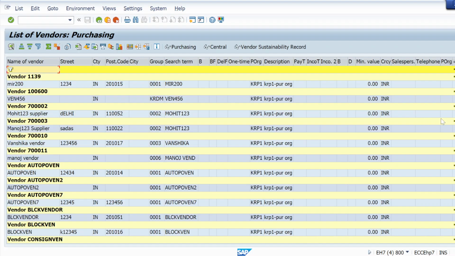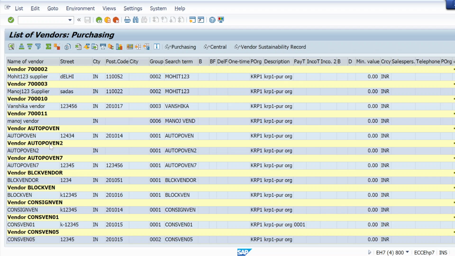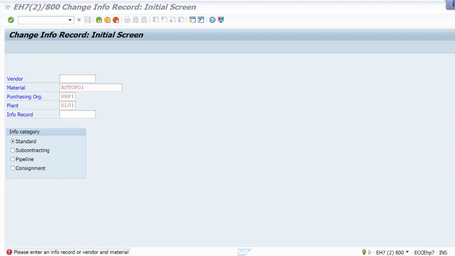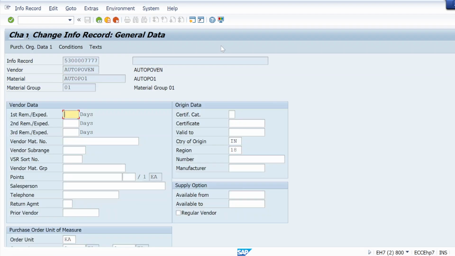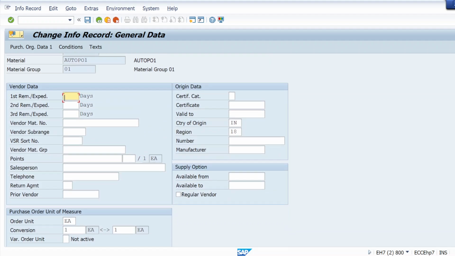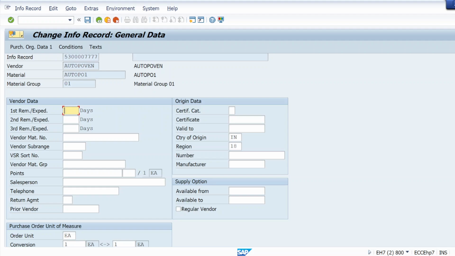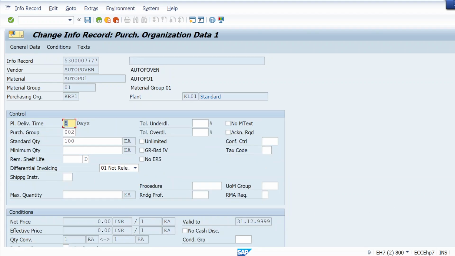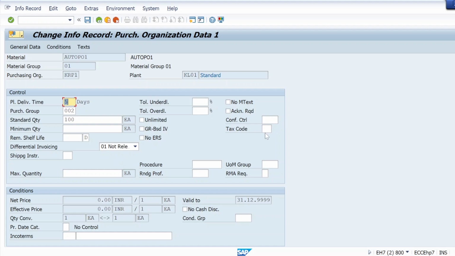Same T code MKVZ to check the supplier here. So let me take the vendor auto PO van. Okay, let me maintain that precision for the record. In the purchasing view, we need to select auto PO. That's already done, so I'm not doing that. I'm directly doing this.